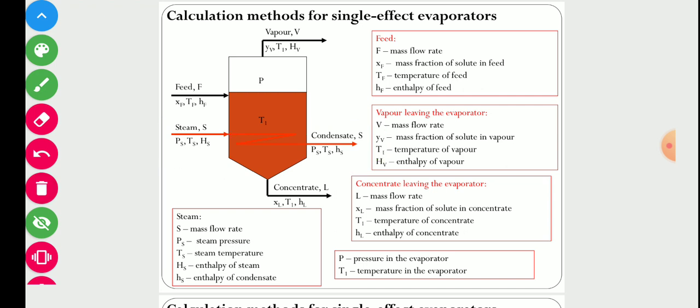Again, the temperature of the vapor phase and the concentrate are the same. Again the same thing, because the phase change occurs at constant temperature, that is the saturation temperature. So here the vapor phase and concentrate are both maintained at temperature T1. That temperature is the saturation pressure or temperature of either vapor or solution, whichever you take, because both temperatures will be the same.